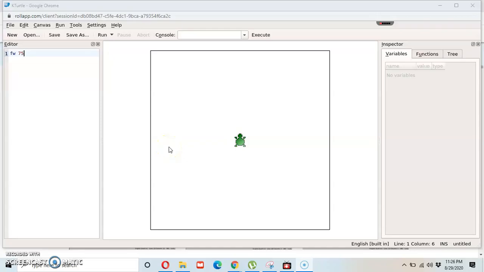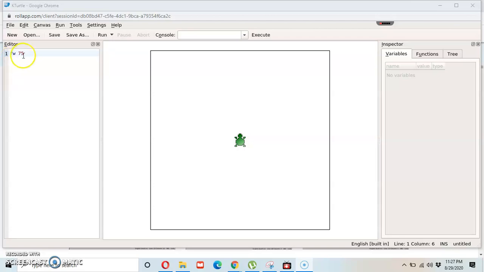Forward command. The forward or FW command, as you learned in the previous chapter, is used to move the turtle in the forward direction. You need to type the number of steps the turtle has to move to use the forward command. Step 1 is type FW or forward. Step 2 is press the space bar.